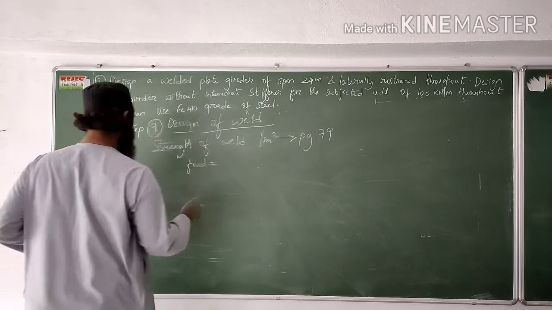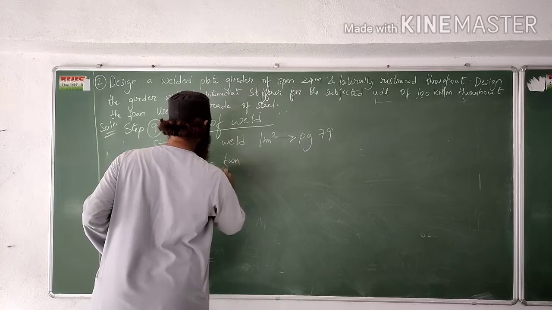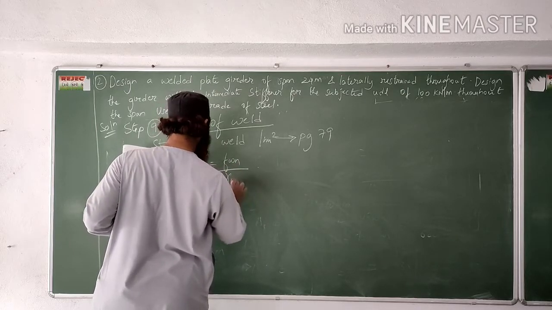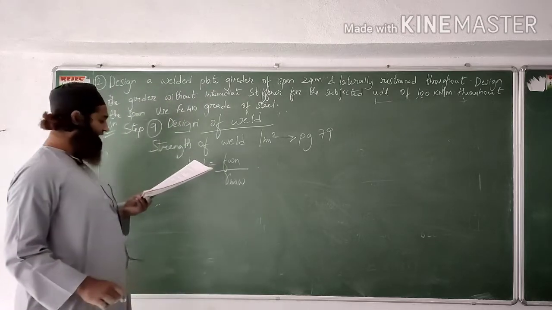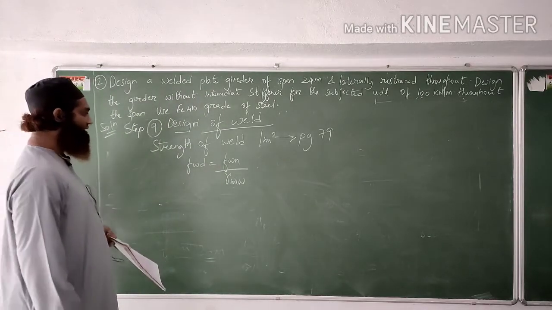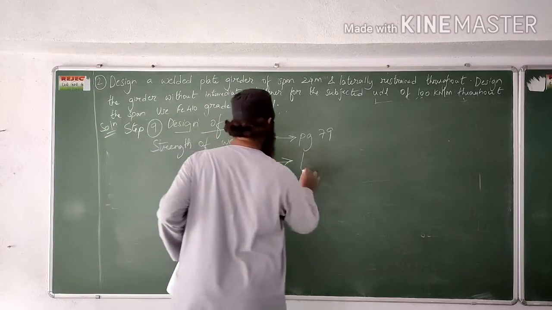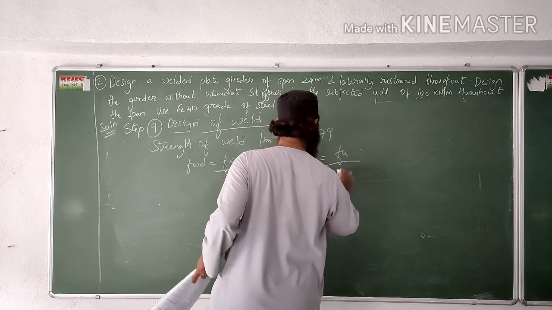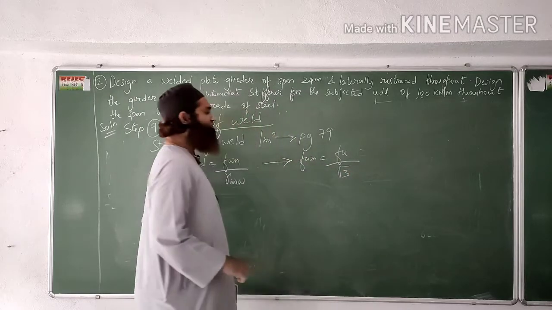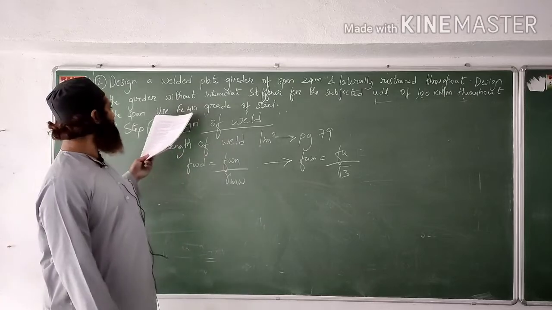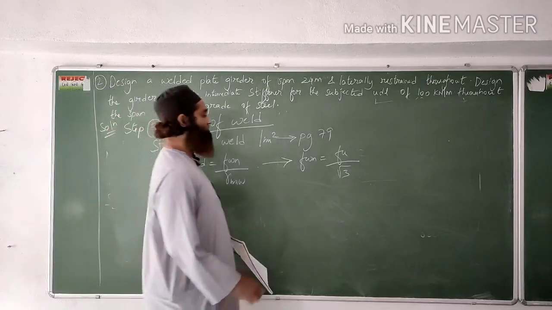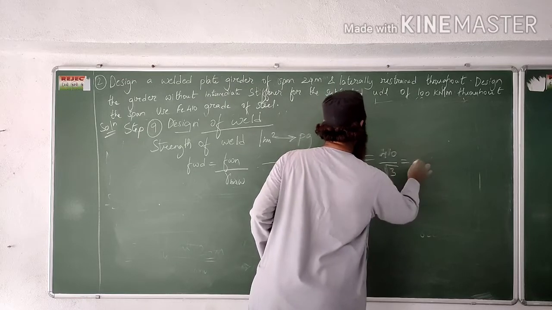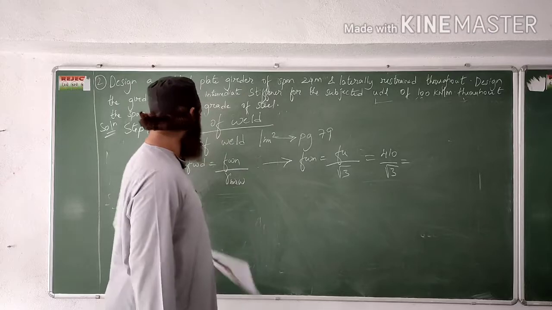You can see here it is given as FWD is equal to FWN by gamma MW. Again it has given further. Now what is FWN? It has been given like FWN is equal to FU by root 3. Now FU, you can see in the question, FU is this 410. So this will be 410 by root 3. Okay, we'll get this value here, FWN.